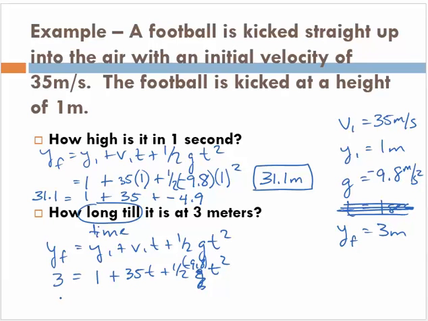Now I went ahead and plugged this into my little app I have on my iPhone here, and we get 3 equals 1 plus 35, and I don't like to use t because sometimes apps and computers don't understand t, so I'll put x plus negative 4.9 x, and some of you may ask, how do I do this squared? Well, there's a little upside down caret button like this. Actually, I just found out my little app didn't like the plus and the minus here, so I had to get rid of the plus, and when I do that, then I'm going to get an answer of x, or rather t, because x was in for t,